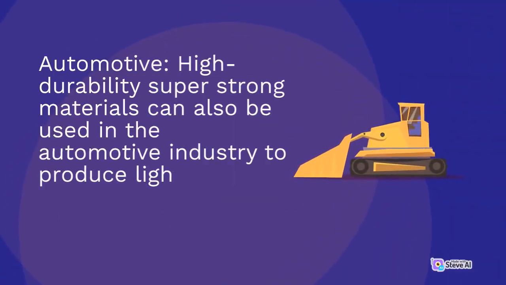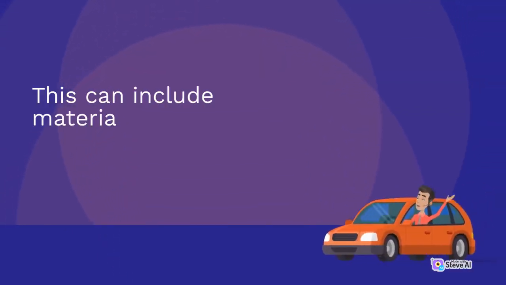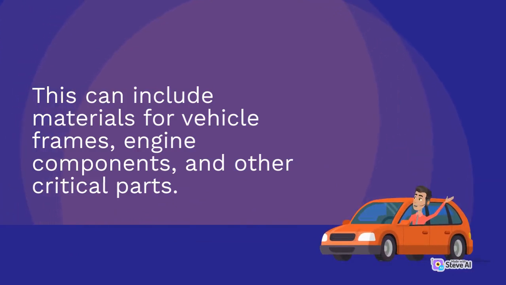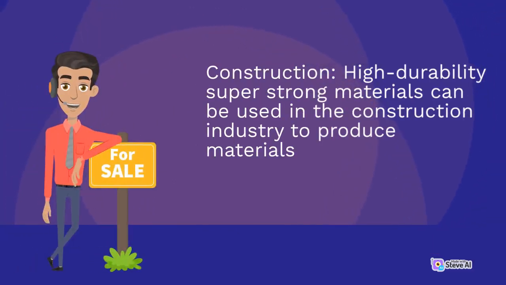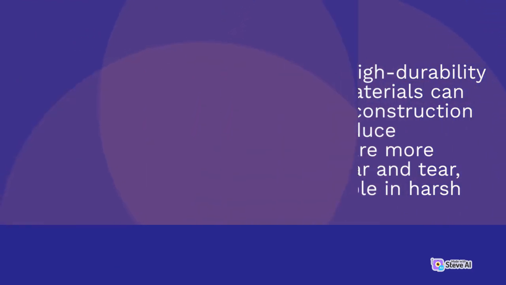Automotive. High durability super strong materials can also be used in the automotive industry to produce lightweight and durable materials for use in vehicles. This can include materials for vehicle frames, engine components, and other critical parts. Construction. High durability super strong materials can be used in the construction industry to produce materials that are more resistant to wear and tear, and more durable in harsh environments. This can include